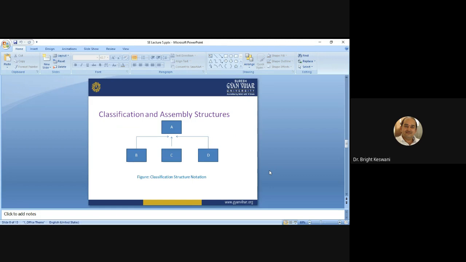Different notations are available to draw a structure, because various scientists each have their own view about the structure they are designing. So when we are talking about standard classification and assembly structure, this is the example of a simple classification structure and assembly structure.